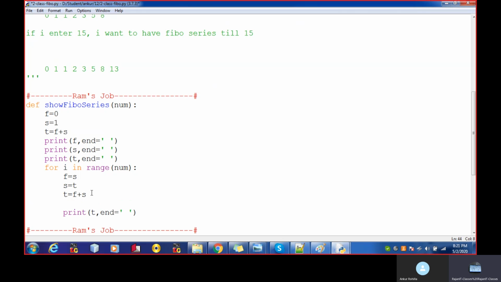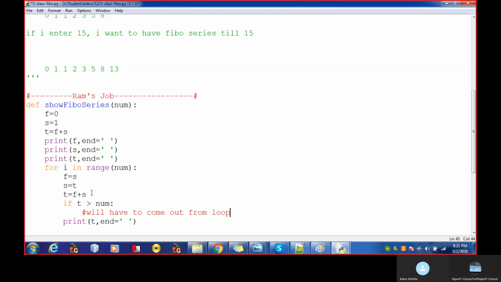T. So I need to verify that t here. If my t is greater than num, I will have to come out of the loop.